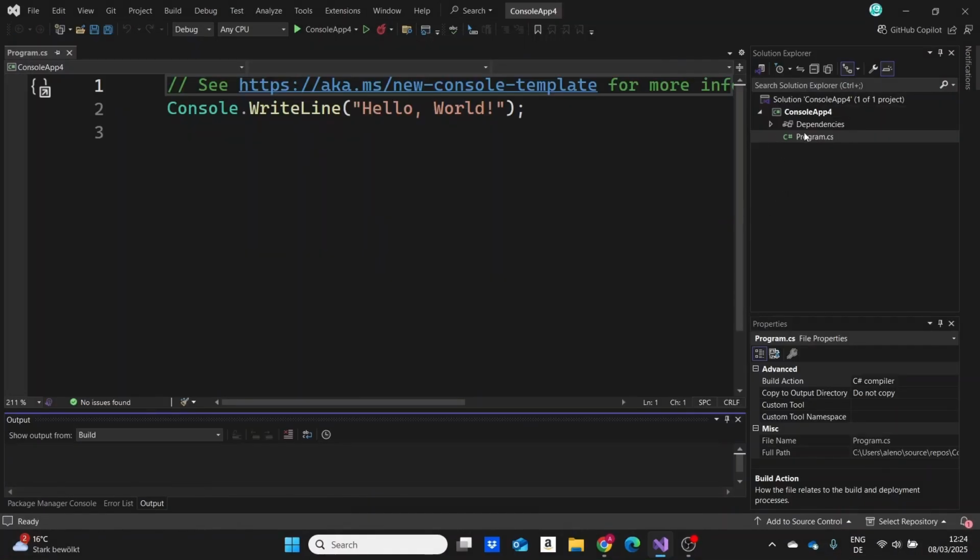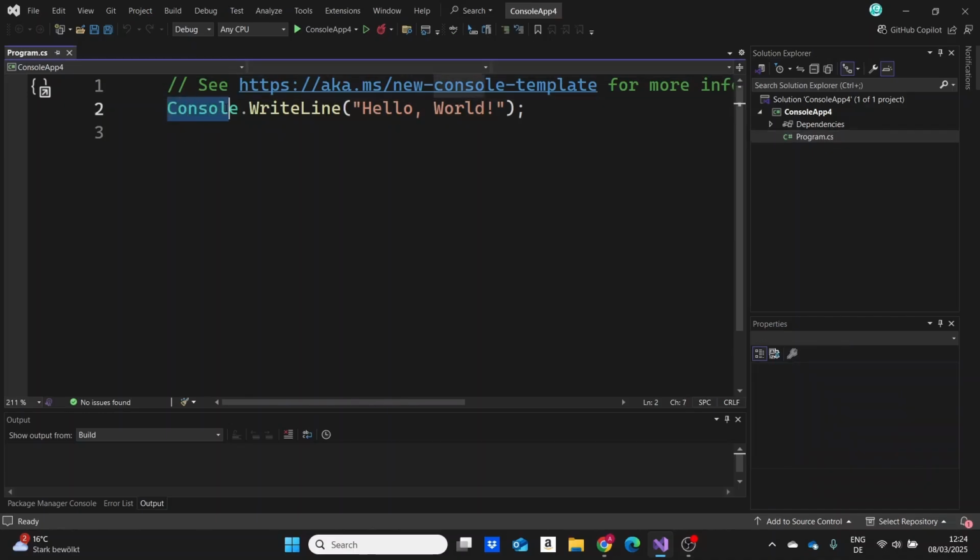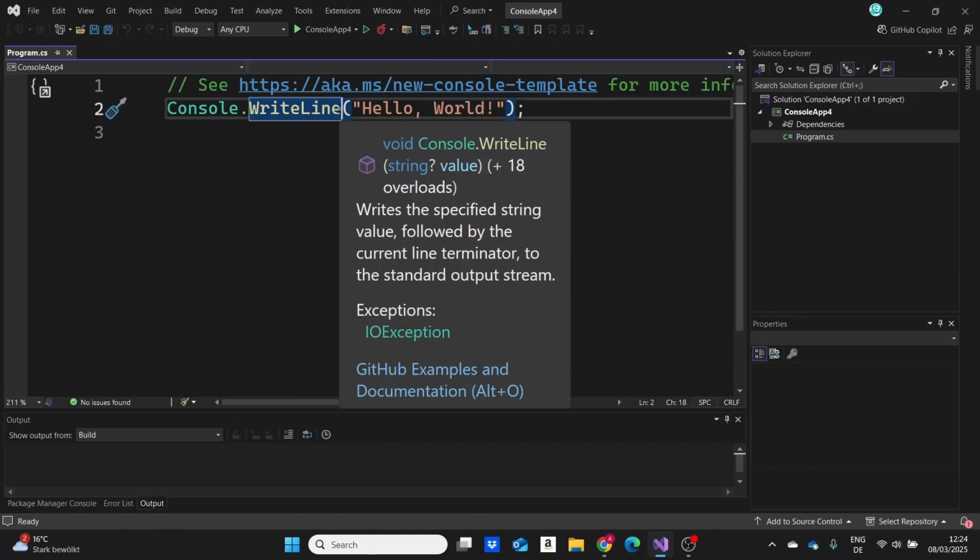Alright, let's write some actual C# code. Open the program.cs file. This is where your main code is stored. Every C# program starts from this file, and for now we'll keep things simple. Let's type in the following command: Console.WriteLine("Hello World");